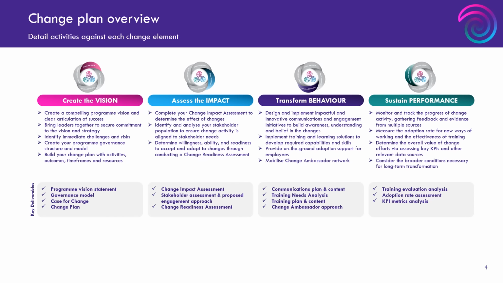So if you think about the 4 areas of our Change Proud change management framework here: create the vision, assess the impact, transform behavior, and sustain performance. This could be a helpful structure or framework to use when thinking about writing your change plan. So ultimately your plan wants to cover these 4 aspects broadly. So covering what that change vision will be, articulating what success looks like, articulating the outcomes of your change program, then moving into how you're going to go through understanding the impact, the stakeholder assessment activity, when you'll be doing that,